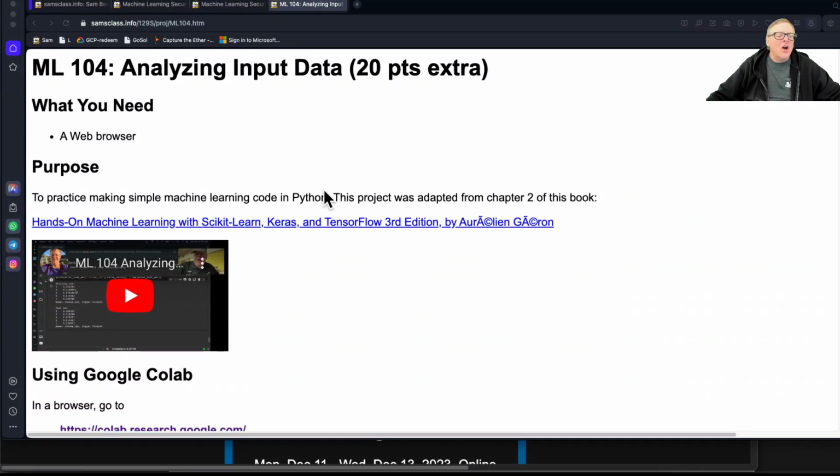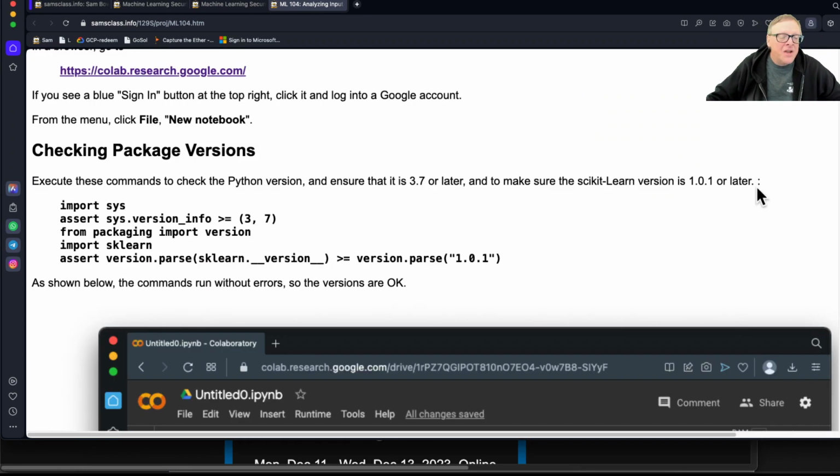All right, so let's talk about 104 here, analyzing input data. This is all about how to massage input data to make it useful, and this is where a lot of the work is at. The actual model, as you can see, is half a dozen lines of Python, choosing a standard algorithm from a relatively small set of algorithms, but preparing the data can be quite a task. And so here,